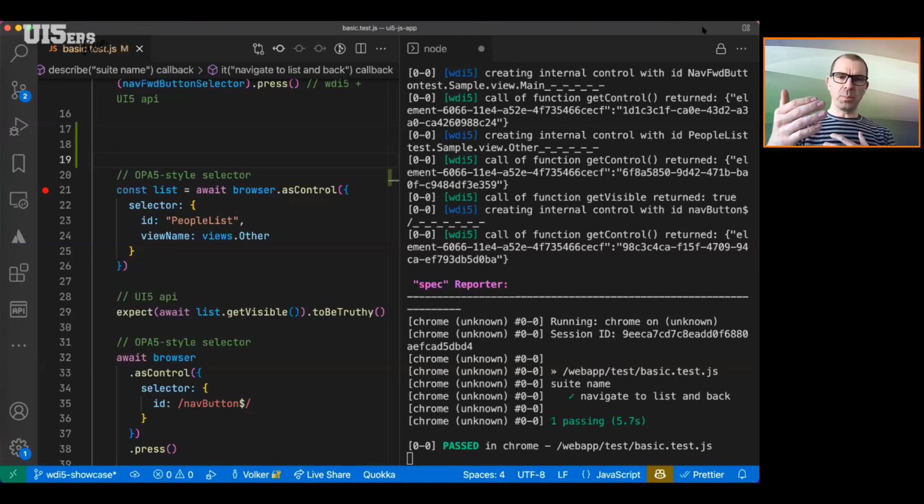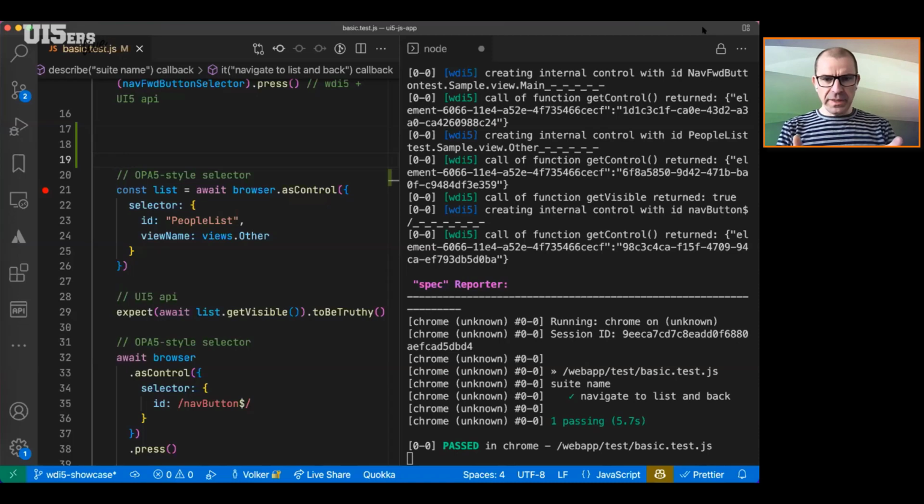But more on that when the point in time comes when we can actually announce wdi5 1.0, meaning it has feature parity with UI5. And then if you look at the point of feature parity with UI5, so already now I think wdi5 is powerful in means of parallel test execution. So in contrast to UI5, you can cut down your test run times by a magnitude. And also you have the full UI5 API available at test time, which makes it, I think, pretty easy for developers to get used to the way of writing tests.